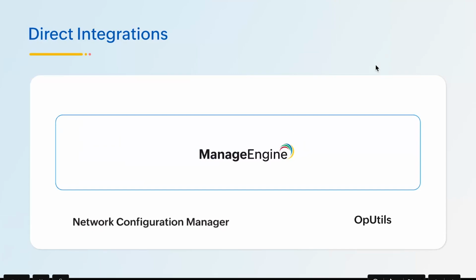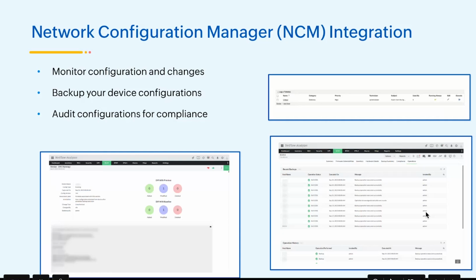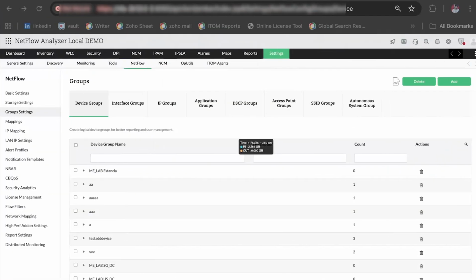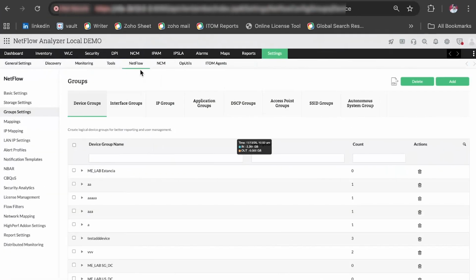So the add-ons that NetFlow Analyzer offers are Network Configuration Manager and OpManager. Network Configuration Manager allows you to monitor and manage configuration changes by enabling this add-on. So you can basically monitor configuration and changes, back up your device configuration, and audit configurations for compliance. To see it in the UI, we have a separate tab for NCM here. So if we click on it,